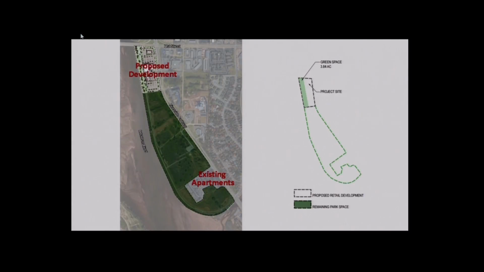This does, I think, a decent job of putting into perspective what we're talking about as it relates to this proposal and how it relates to the rest of the park. And so you can see there we're talking about the northern 8.8 acres. You do have an apartment complex that's in the southern end of the park. The park kind of curves around it there. But the idea here being that, as we've talked about, the proceeds that we would generate from the sale of this northern end would go to the benefit of the vast majority of the rest of the park. Go to the next slide, please.